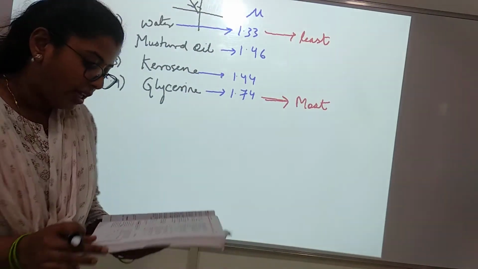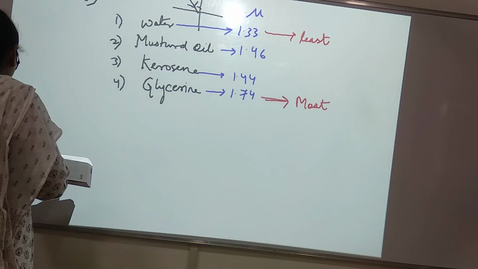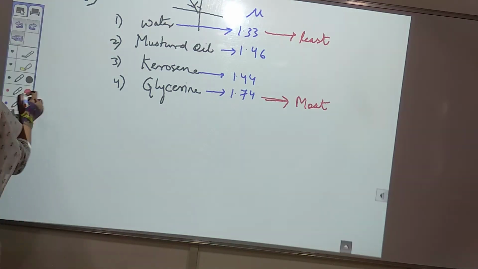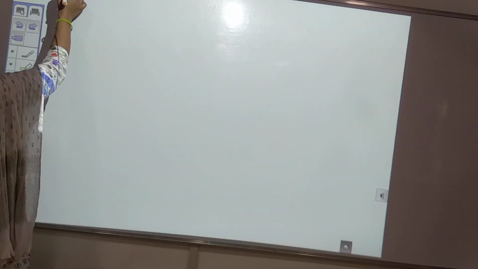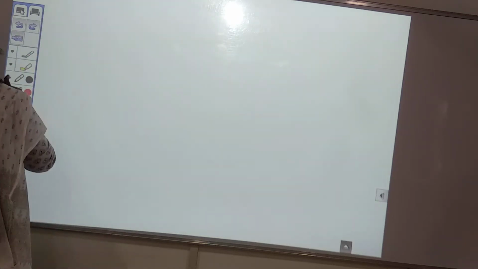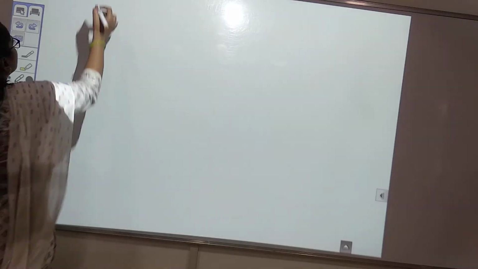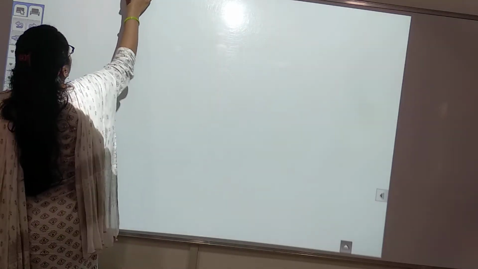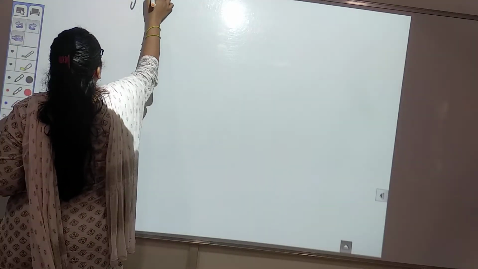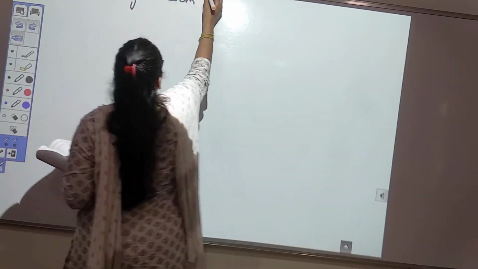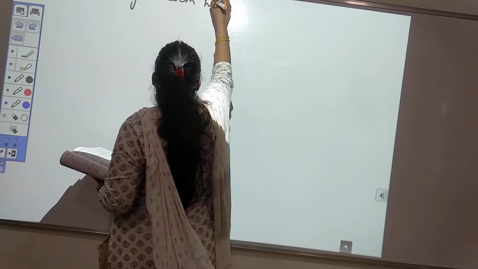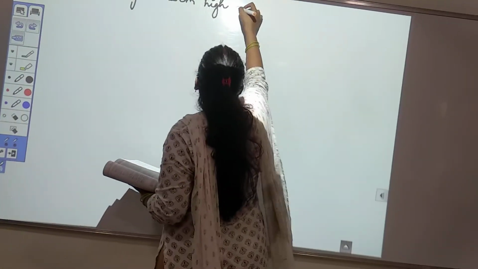Next question is a numerical which came in the CBSE exam. Just note it down fast. Question number 4. An object 1 centimeter high,